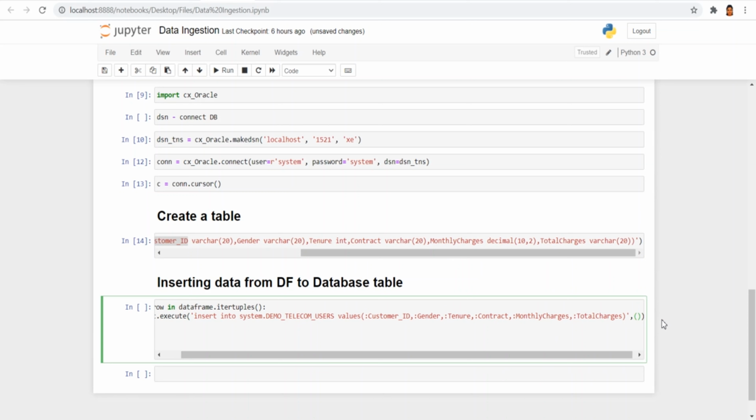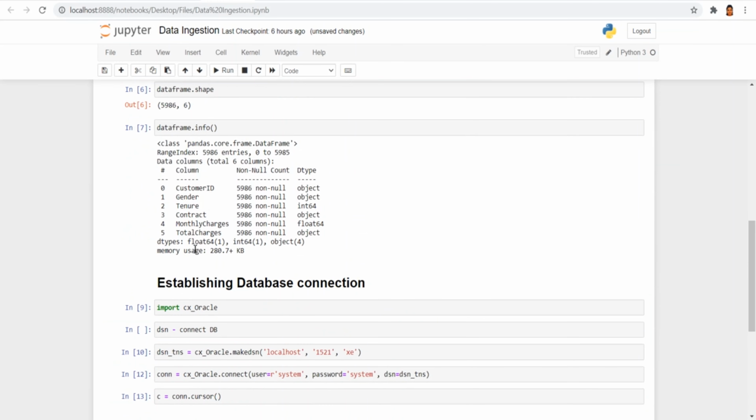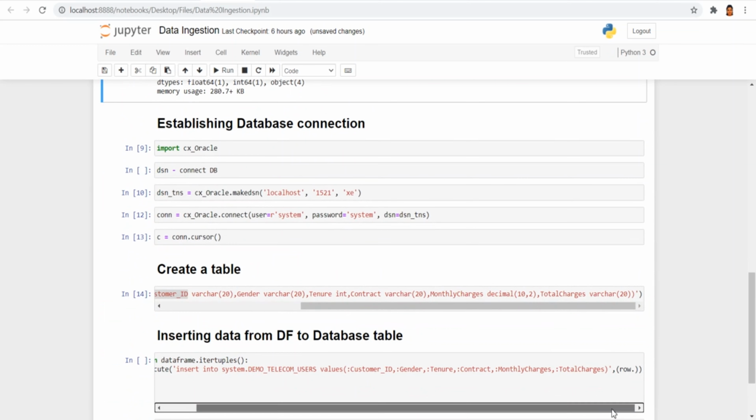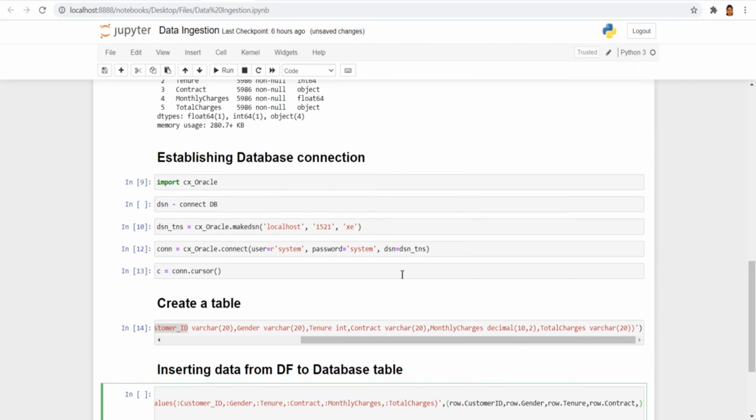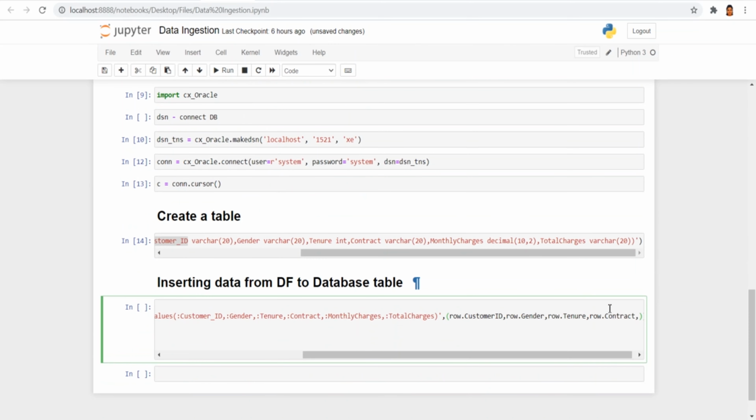We already used the for loop, so row.customer ID, where customer ID is the same as in the data frame, comma row.gender, comma row.tenure, comma row.contract. Each column is the same as what we have given in the data frame.